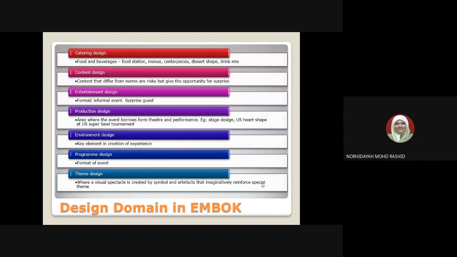And we also have the environment design, such as the music yang awak nak keluarkan ataupun gunakan to use in the event, must be synced together. And the format is that actually is a formal, informal, ataupun ni nak guna yang jenis yang setting macam mana, adakah setting bulat.